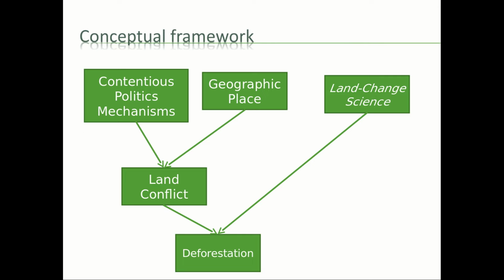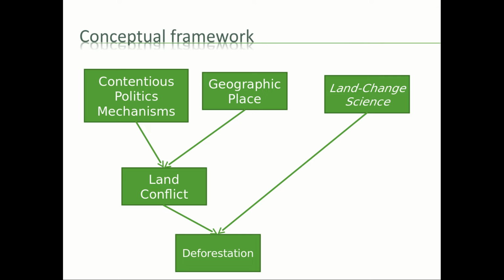So land conflict comes about through a variety of mechanisms that we take from contentious politics, which is a frame of knowledge or a way of knowing about claim making outside of the political spectrum. Basically, if you were angry at the political situation in your country or your town, you have established ways to make that known. You could protest or write a letter or even go talk to a representative or your mayor or something like that.